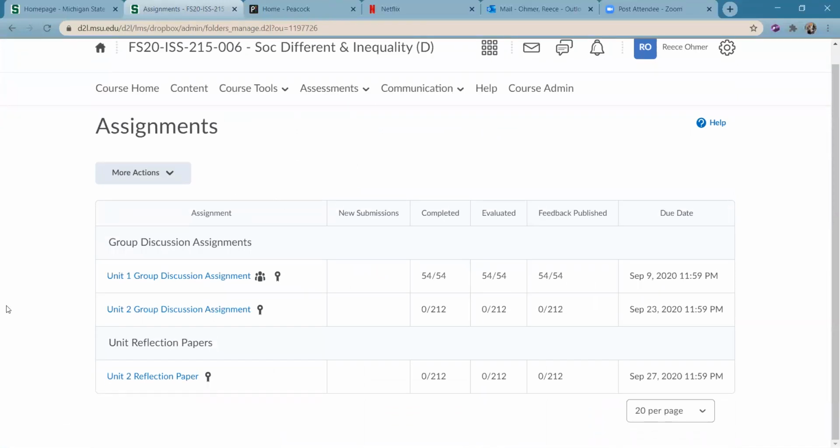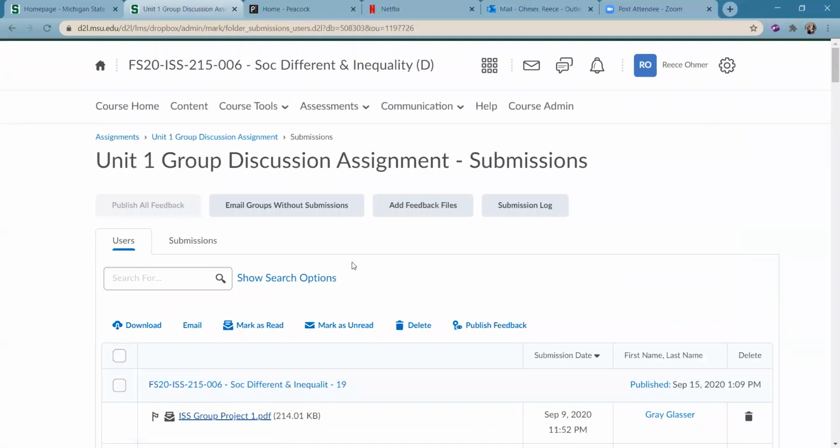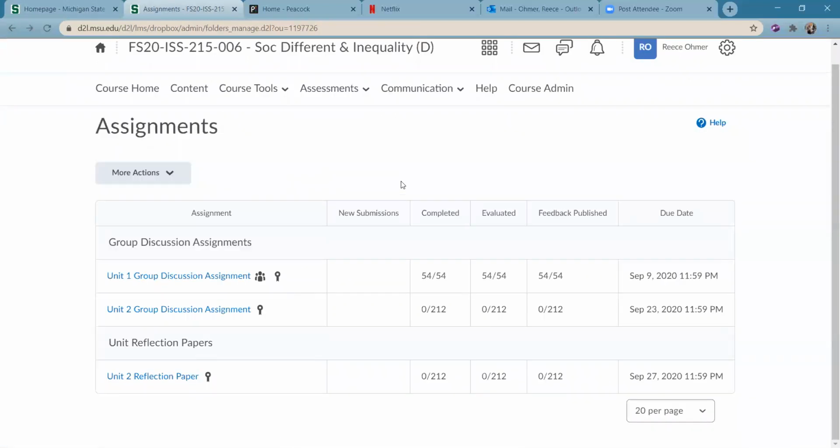Yeah, so this is more like what your screen's going to look like, but you would just click on the assignment, and then you're able to submit stuff through that, and it also pops up with everything you need to know. I think when you click on this, it should pop up with the little outline that he made for you guys. Above everything, I would follow that specifically, because that'll help you with everything, and especially with how you are supposed to cite all of your information. I think that's going to be super helpful for everyone.